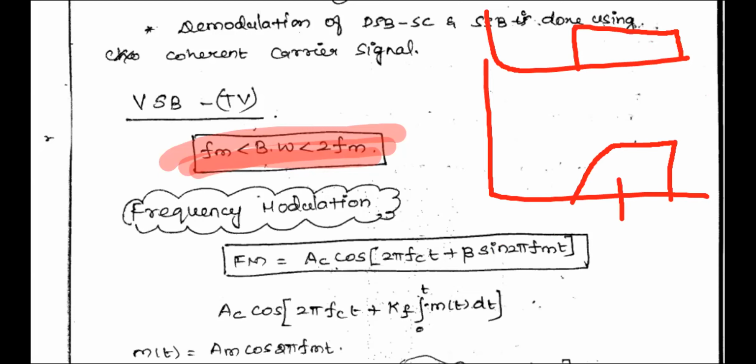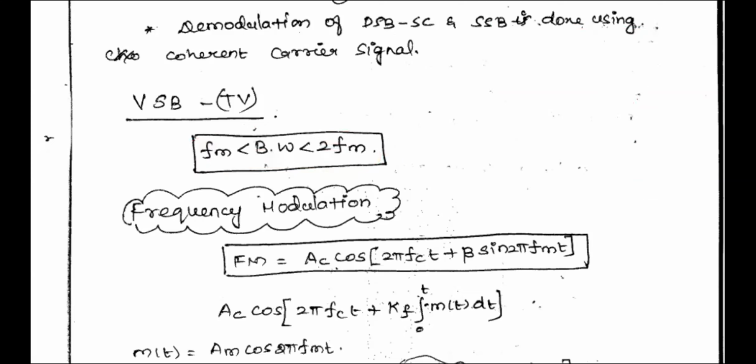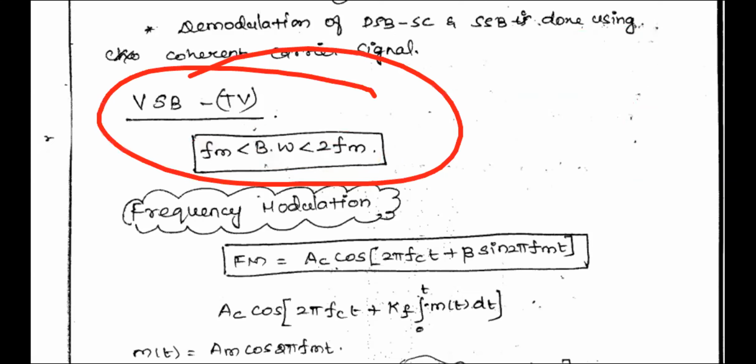So the bandwidth is in between FM and 2FM. If it is only one sideband, that is FM, for two sidebands it is 2FM, but this is in between that. So the bandwidth of VSB is between FM and 2FM. This is the spectral shape, but from the spectral shape itself, we are able to recover our original shape. That is the idea of the VSB modulation. Anyway, we will not be discussing how exactly we recover our original spectrum in case of VSB, but this is enough for the exam point of view. These 2 points are enough.